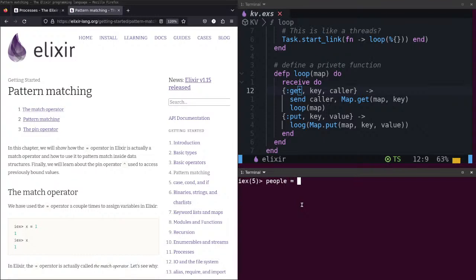People equals a list, a list of maps. Percentage sign, name, age 30.